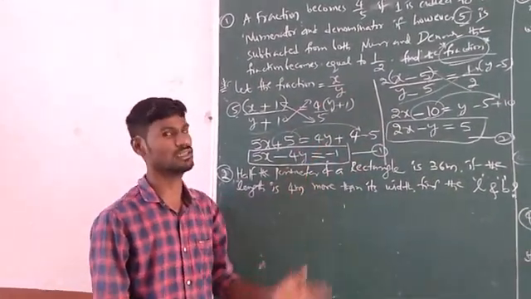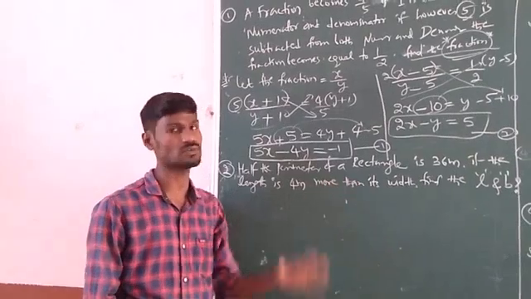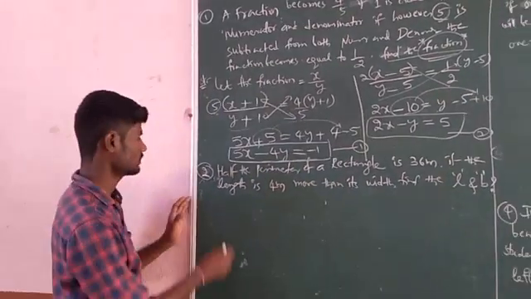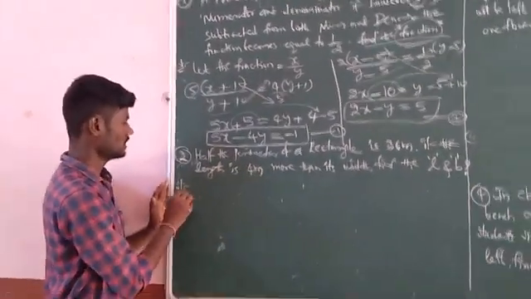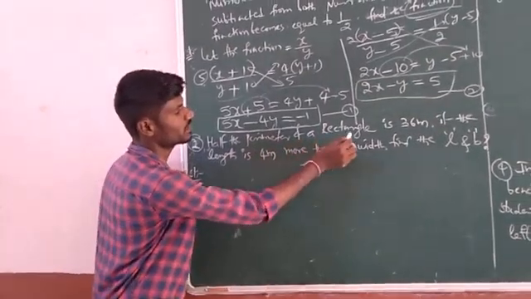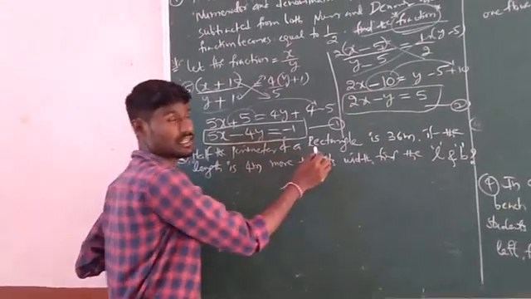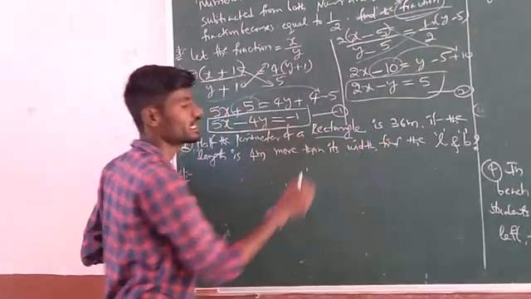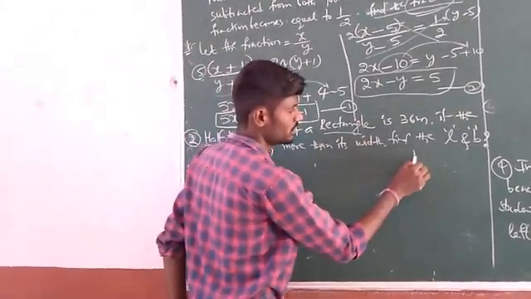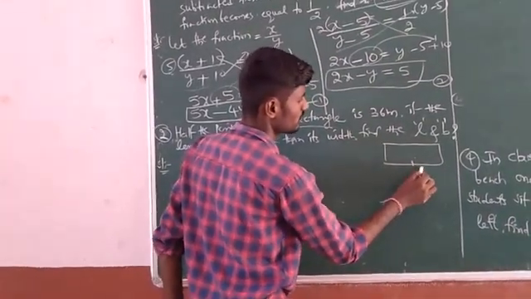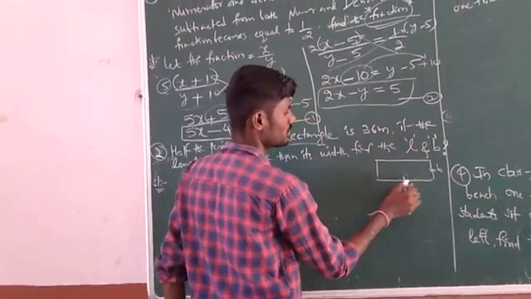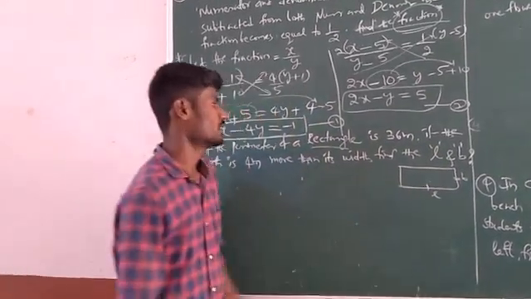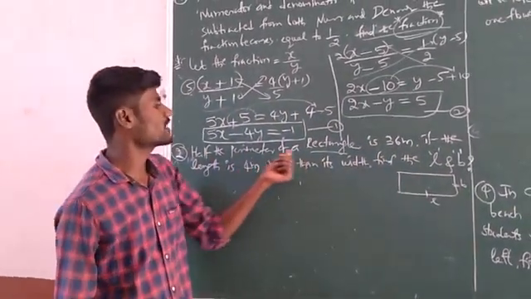These problems are daily life application problems only. Let us see one more. Half the perimeter of a rectangle. A rectangle has dimensions length and breadth. Length is different from breadth. So, half of the perimeter of a rectangle.